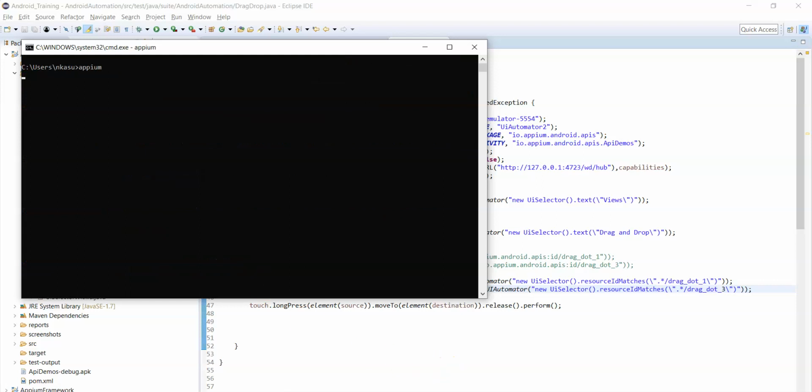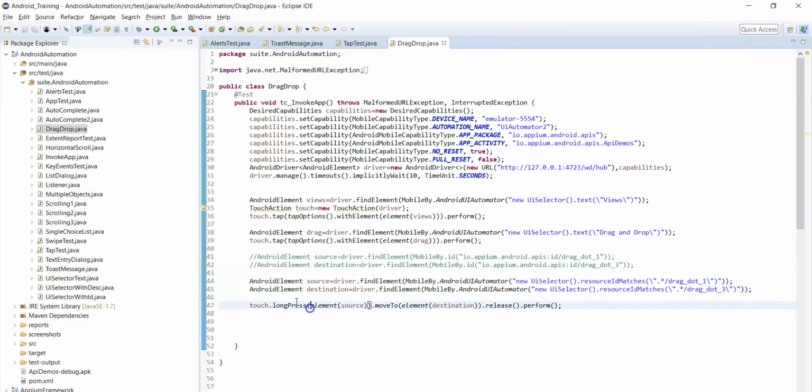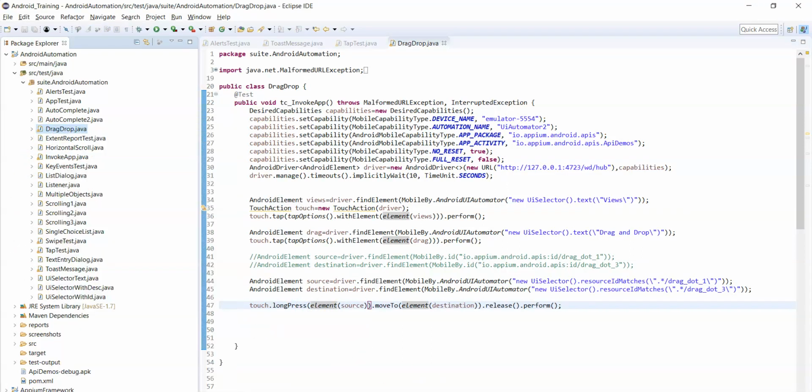Let's see how it performs the drag and drop action. Run as TestNG test.